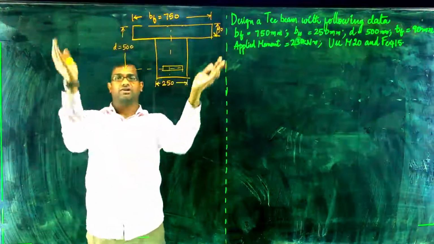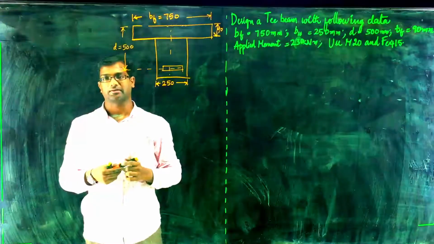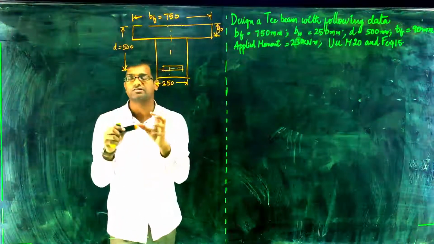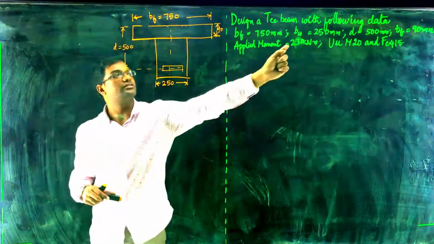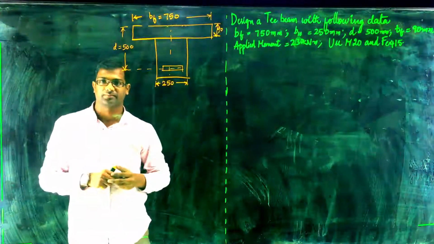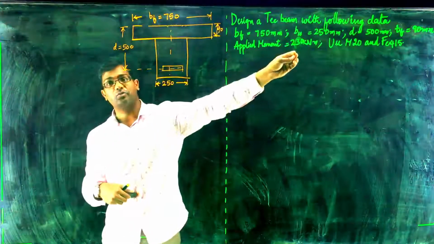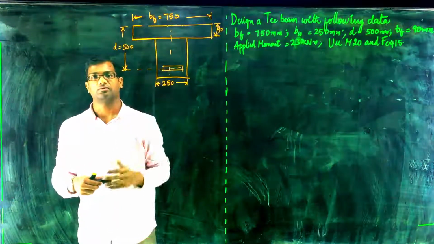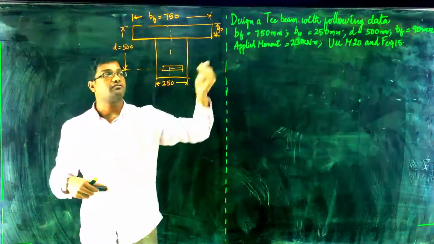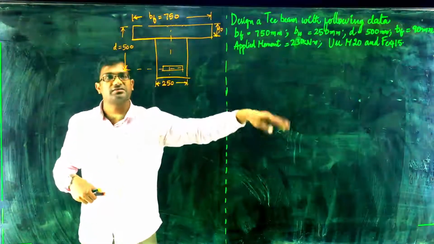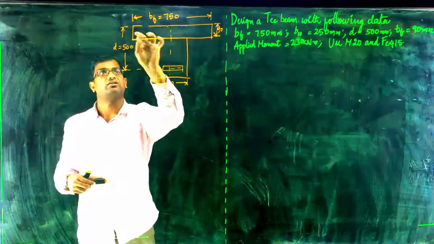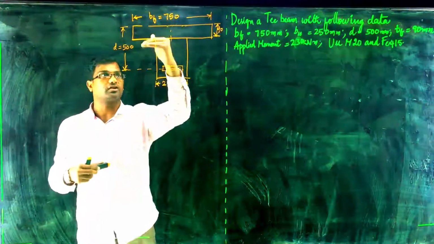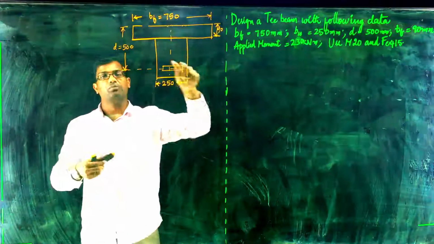For the given section, it carries some moment. Now you need to calculate the moment of resistance. Now you need to compare this moment of resistance value with the ultimate given moment. If the ultimate moment is more than the strength, then your neutral axis is coming down, which is in the web. If the applied moment is less when compared to the resistance, then the neutral axis is within the flange. This we have discussed first. Now today we are going to discuss the case where the moment applied is more than the resistance.